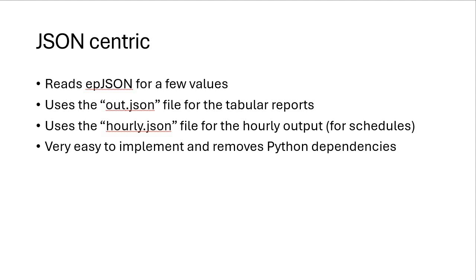Scraping a tabular file using HTML or even tab formatted is not fun and can actually lead to errors and complicated situations. So we decided to go with a JSON output file, which is structured and very easy to parse. The hourly results are also needed for schedules, but that's also easily produced by EnergyPlus in a JSON format. For a GUI, requesting these outputs can always be added to what the user wants, and these extra files deleted